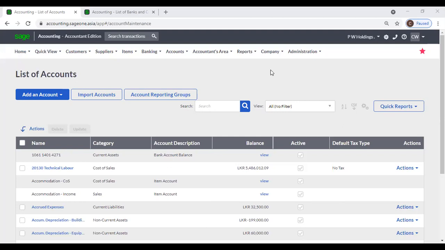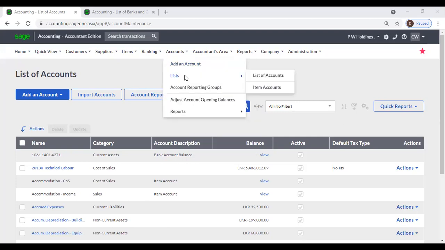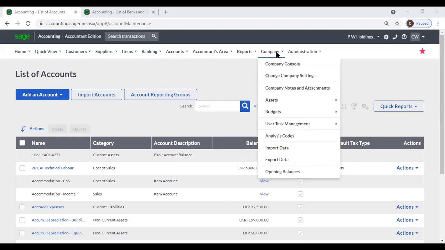Right. Okay. Now we have completed up to accounts master file. If you have any questions up to now, you can ask. Right. Next, we will move to